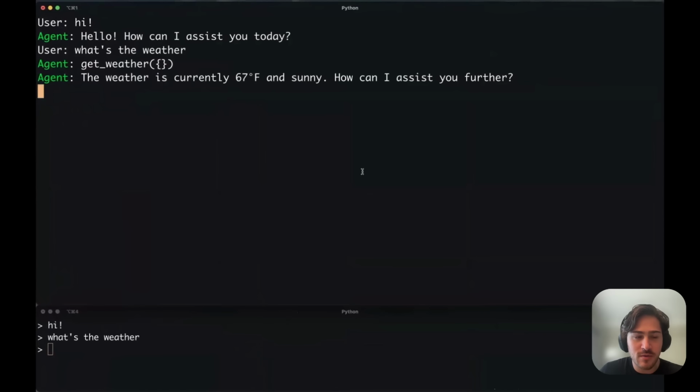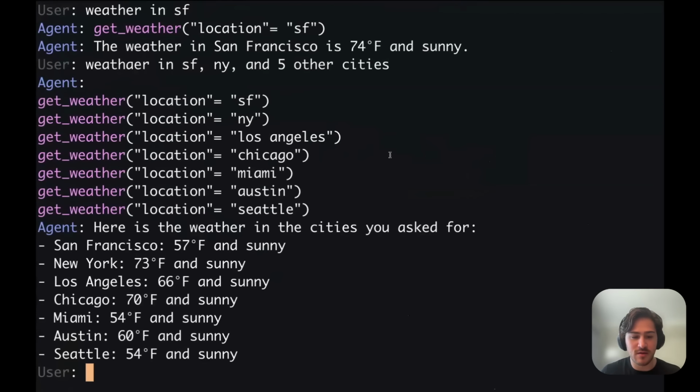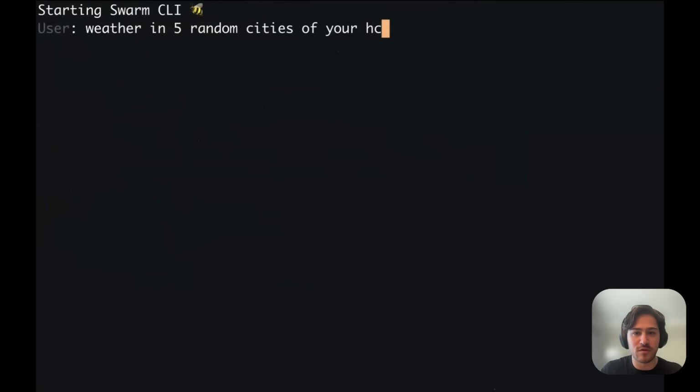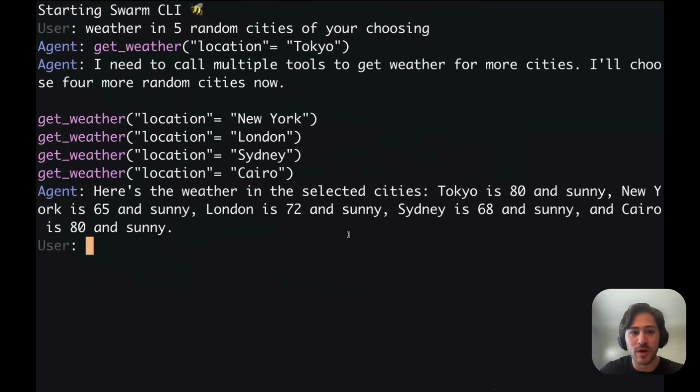Cool. So now what's gonna happen is we're gonna ask for that again, but it's gonna take so long. Weather in 5 random cities of your choosing. So it's gonna take a while. And the reason is each of these is having to run one after the other.